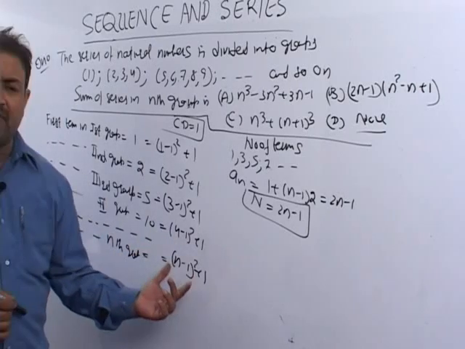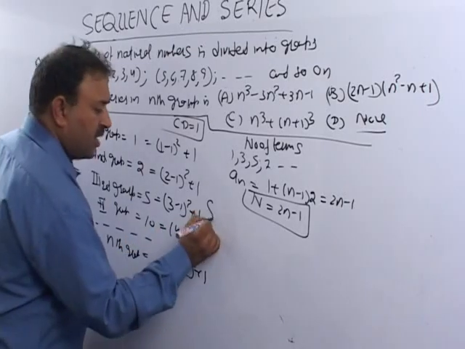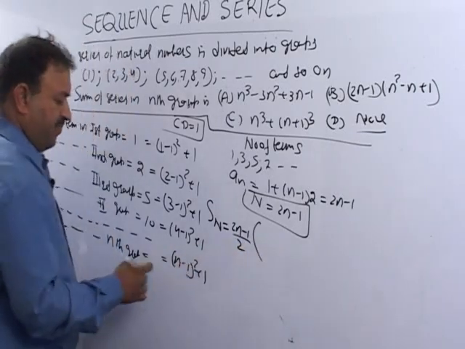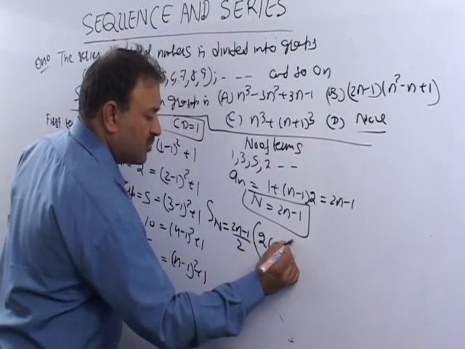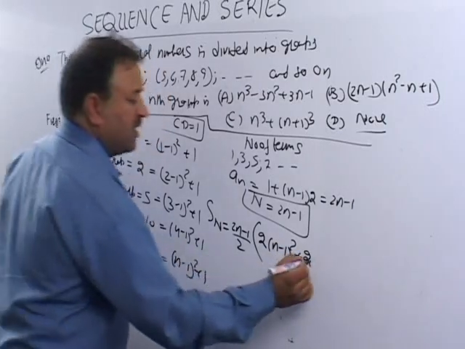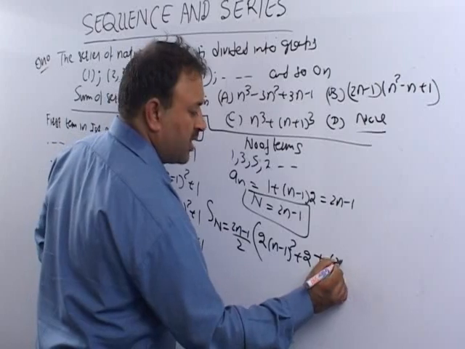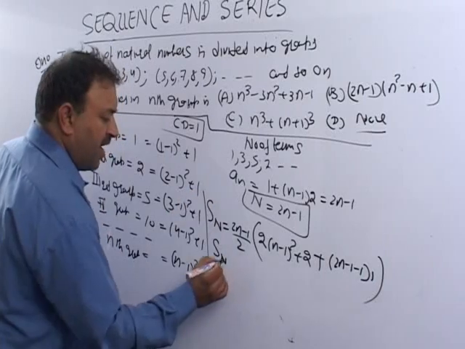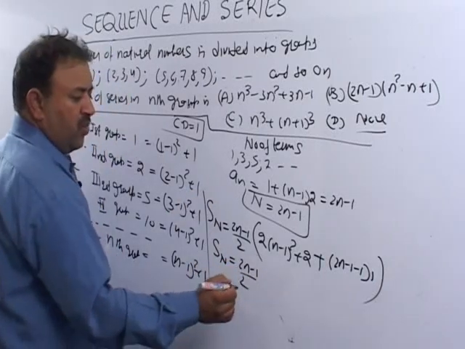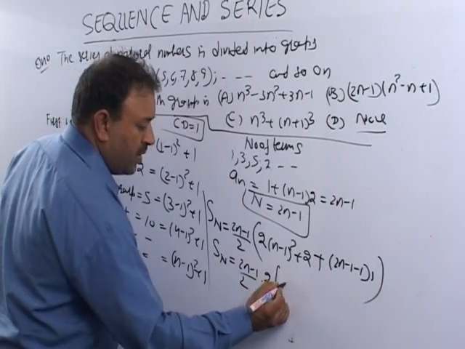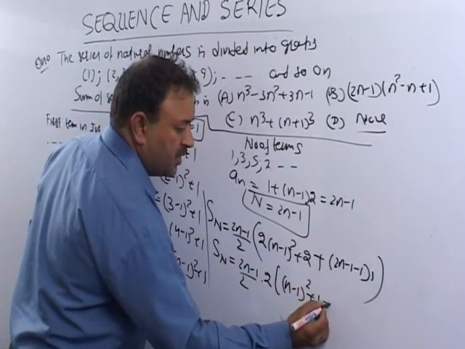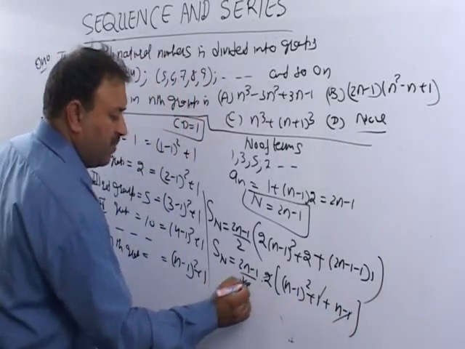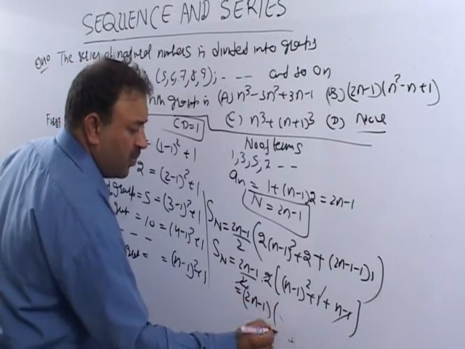Now simply we have to apply the formula for the sum of n terms. Sn is (2n minus 1) by 2 into (2 times ((n minus 1) the whole square plus 1) plus (2n minus 1, the number of terms, minus 1) times 1, the common difference). We can take 2 common and get (n minus 1) the whole square plus 1 plus n minus 1. Here 1 and 1 cancel out, 2 cancels out, and we are left with 2n minus 1 into